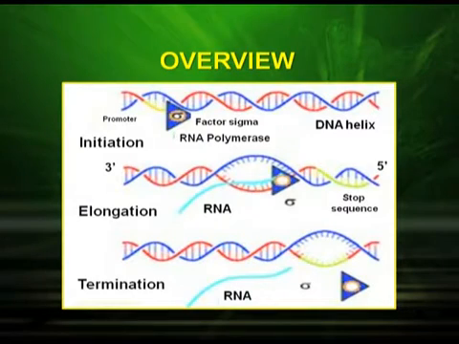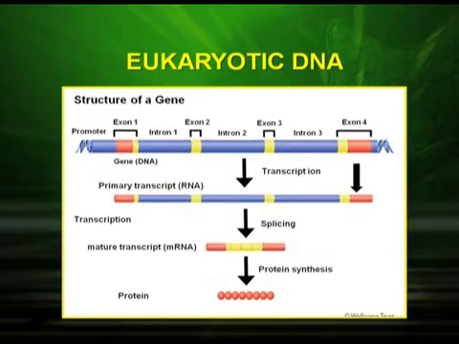So, let us have an overview of the transcription process. First, the initiation, which takes place with the help of the sigma factor, then elongation where the RNA nucleotides are added, and the termination where the rho factor terminates the process. If we go into the eukaryotic DNA, you can very well see that it is not as simple as in the case of prokaryotes. Now, what do you observe in the eukaryote? In the eukaryotes, you can see the intervening regions, the exons and the introns, and that makes the process more